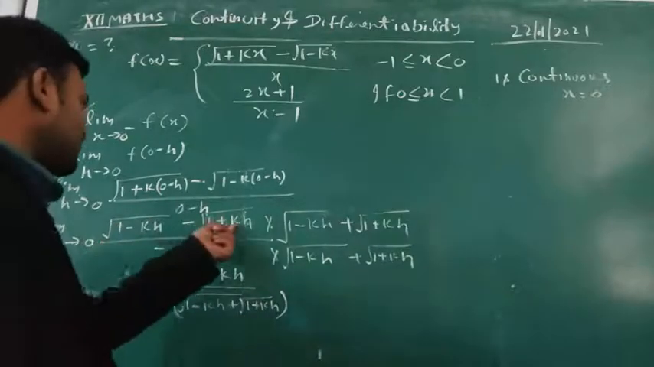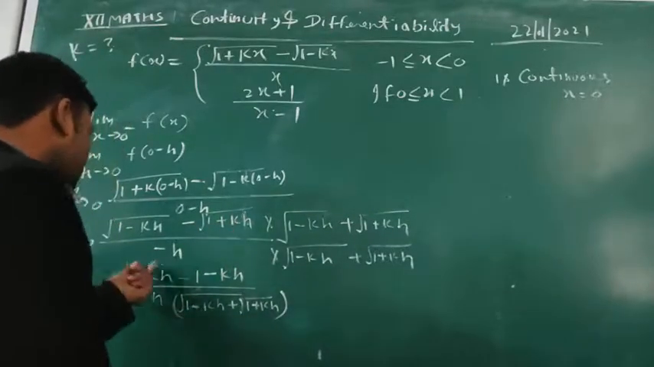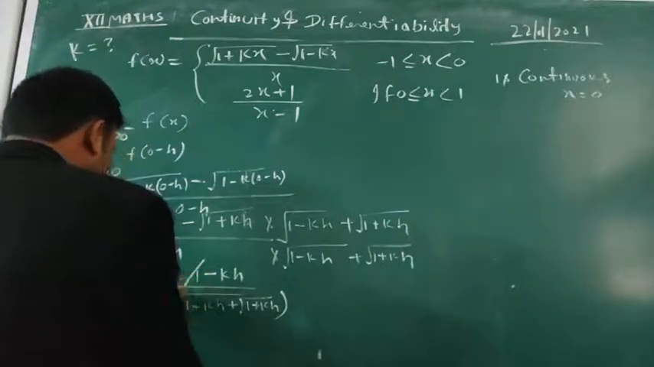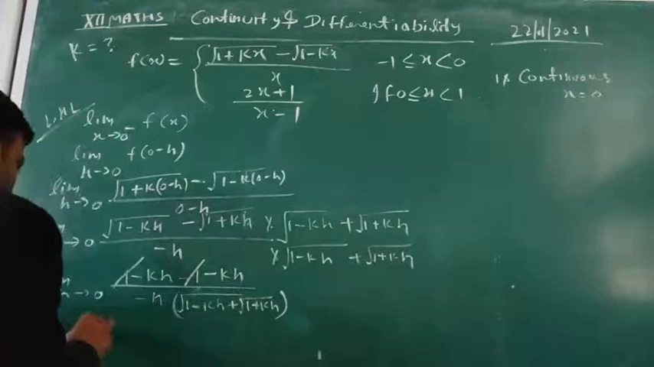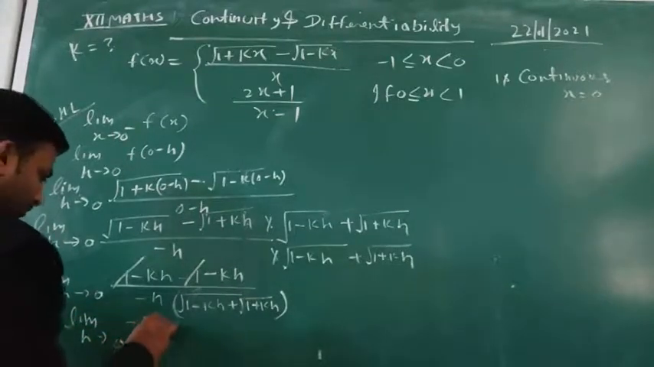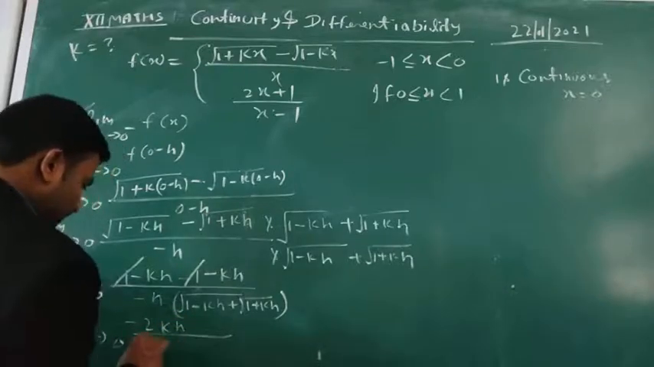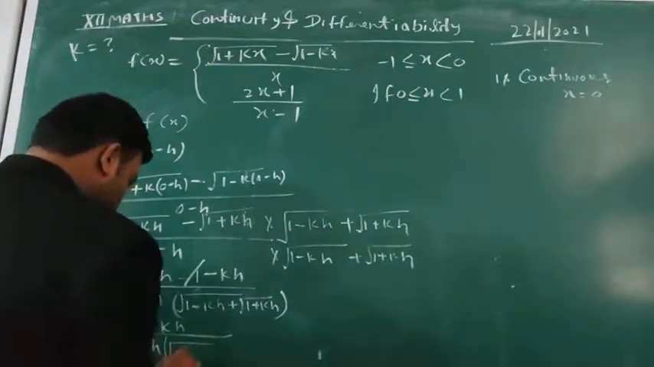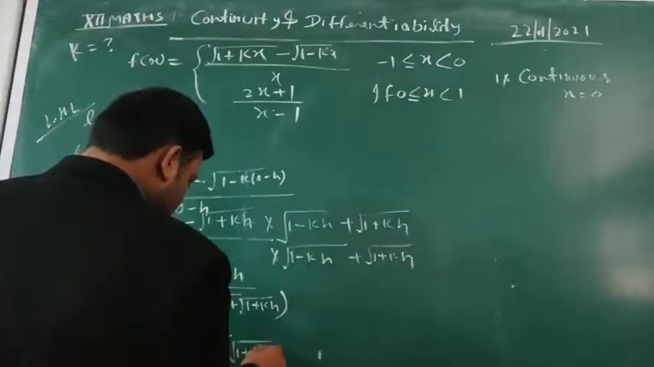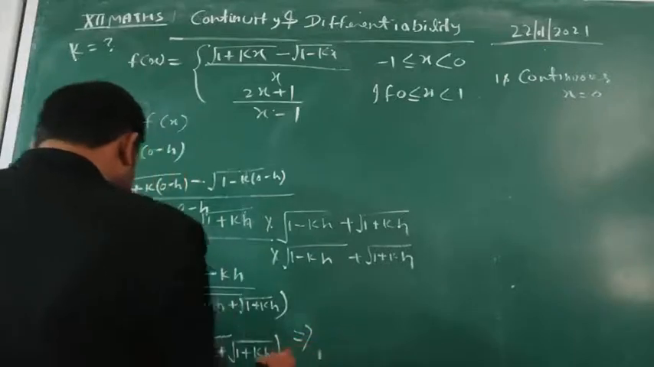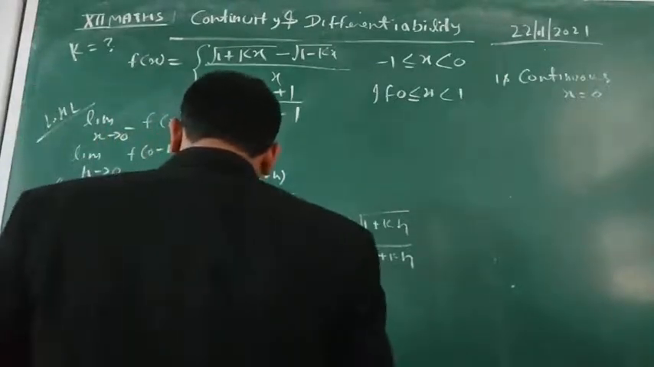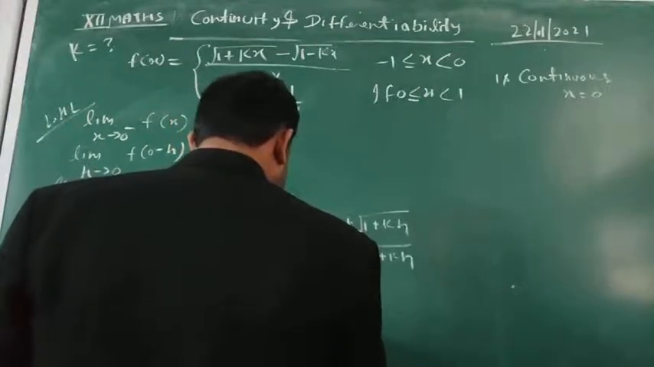Because this is a square minus b square, student, our root will be removed. So 1 minus kh, 1 minus kh, so this is cancelled. So we can write limit h tends to 0 of minus 2kh by minus h under root 1 minus kh plus under root 1 plus kh. And when we put h is 0, this is cancelled, we get k by